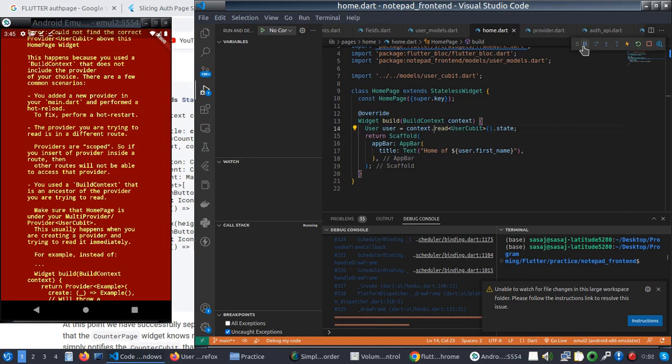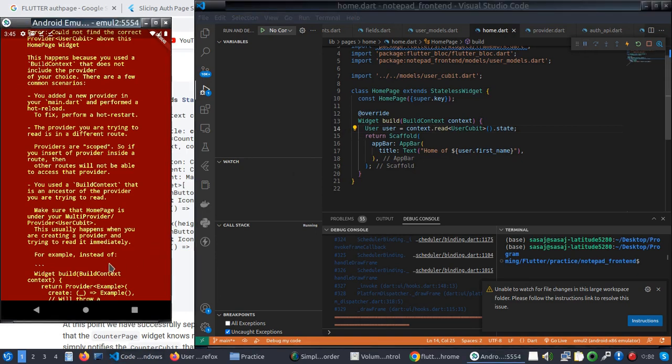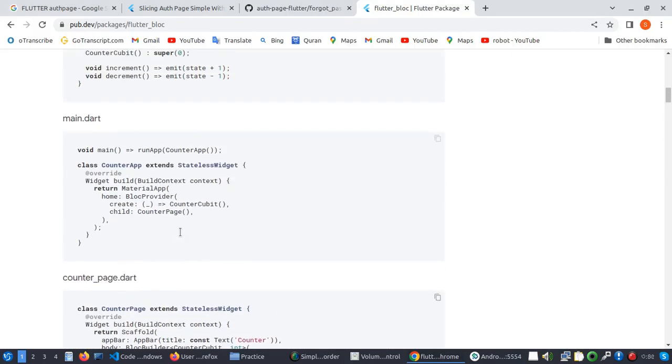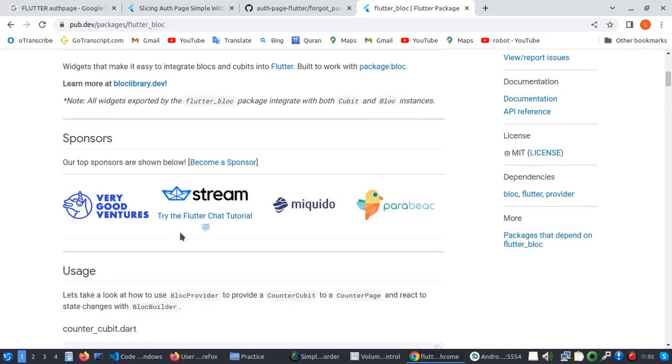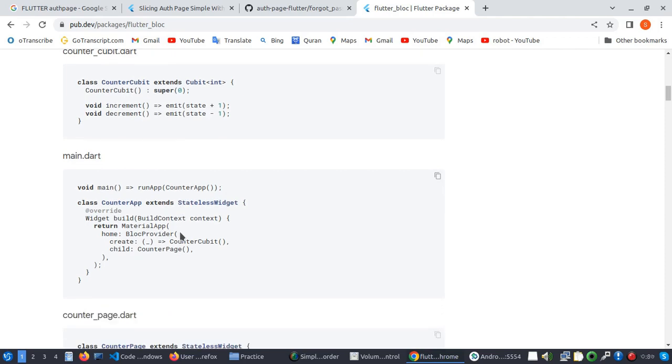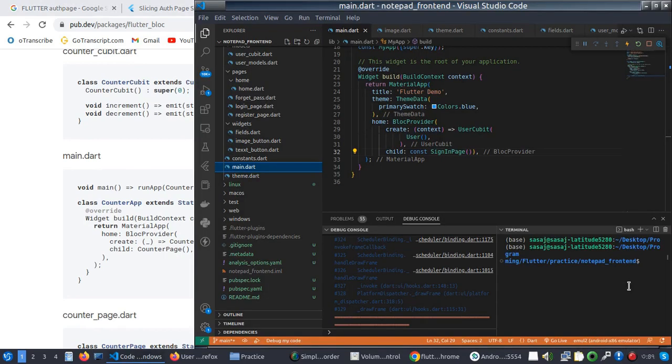Okay, why? Okay, we passed the provider in the wrong place. This is not the actual path for BlocProvider. The real path is